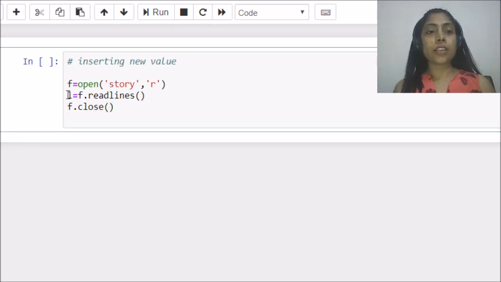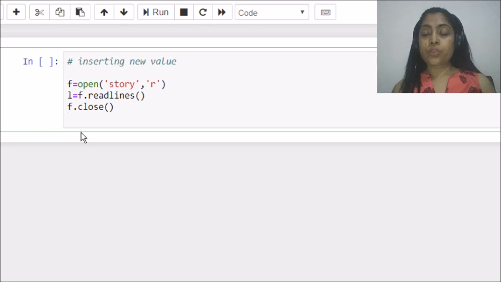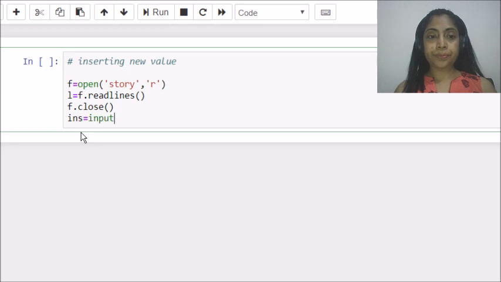My content is stored in this list L. I will make modifications to this list L and then afterwards I will write this L to my file again. So let's ask the user what he wants to insert. For that I am taking a variable, suppose ins, and I am asking the user to enter the text.